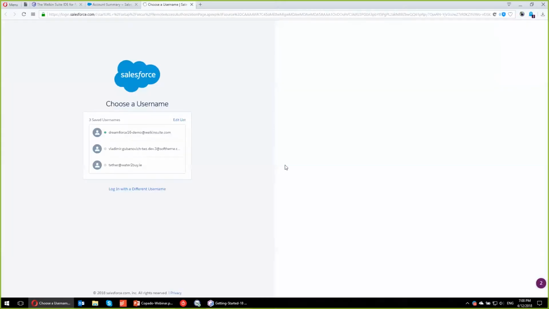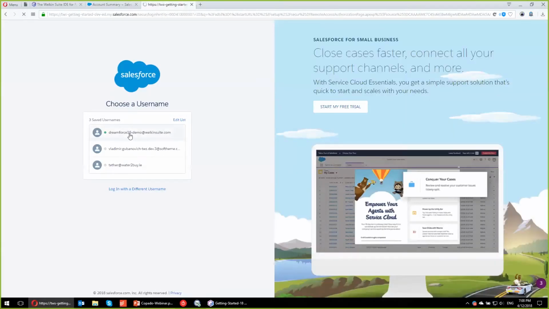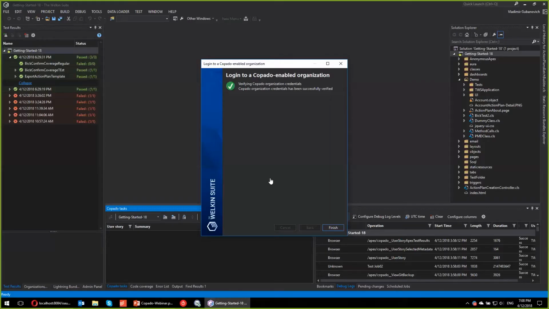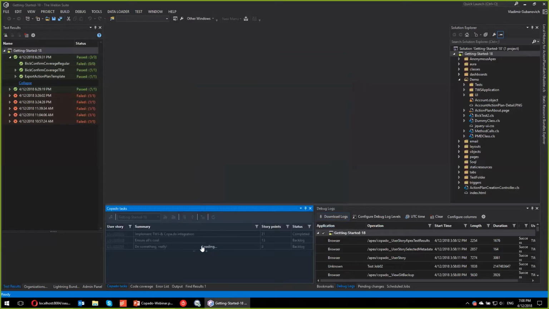Again, the browser will ask me what organization to use, so I will use this one. It's okay, and it's okay in the IDE as well. Great. Once you've connected to the Copado enabled organizations, the IDE grabs the list of your user stories, and